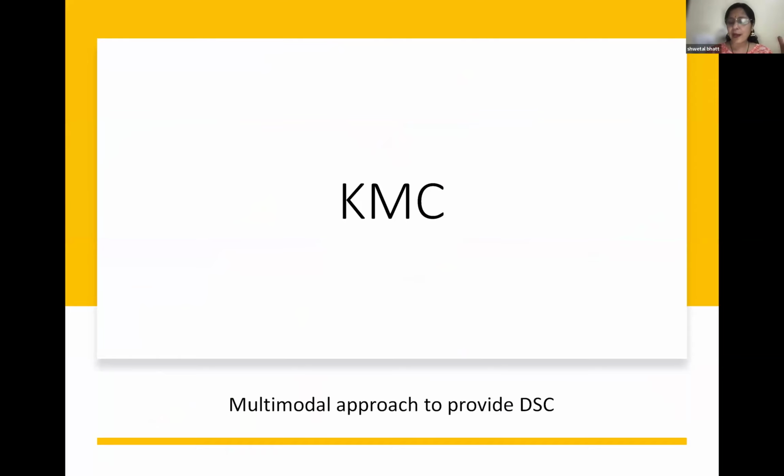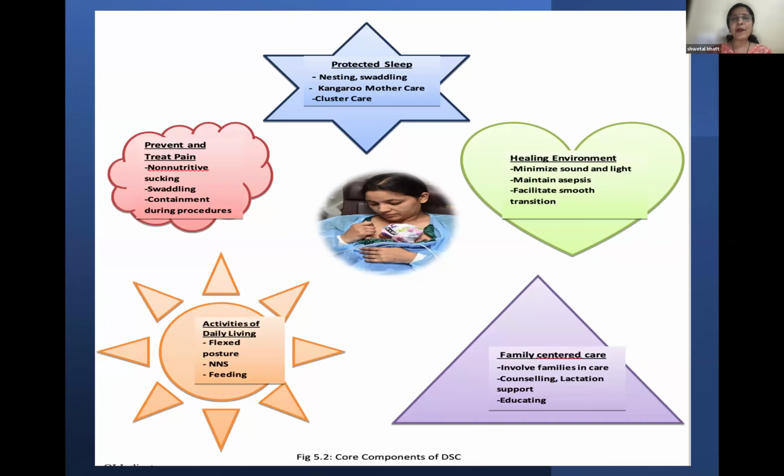All these five components of DSC, right? You can achieve that if you keep the baby in kangaroo mother position. Once you keep the baby in kangaroo mother position, have you seen the baby and mother sleeping so nicely, so peacefully? Even if the buzzing environment is there, I have seen so many babies sleeping very nicely on the mother's chest in a kangaroo mother care position. So you are protecting the sleep, right? Once the baby is on the mother's chest,